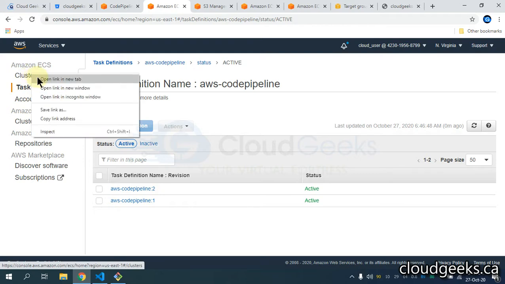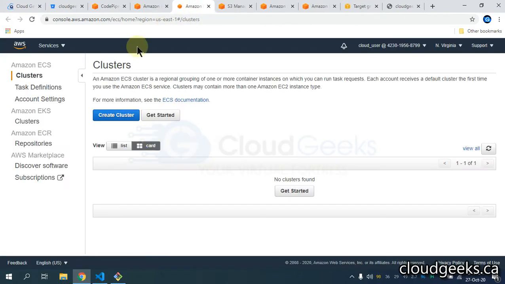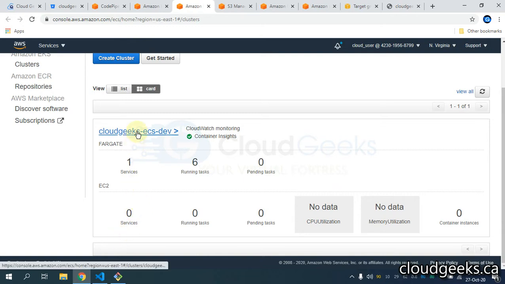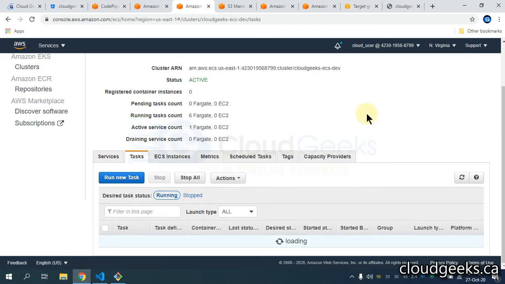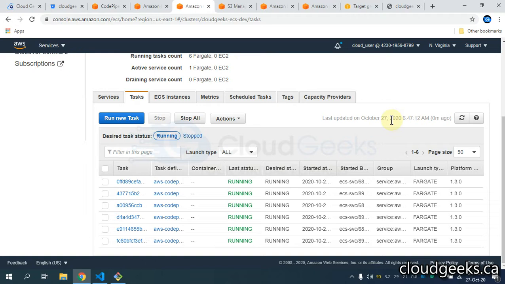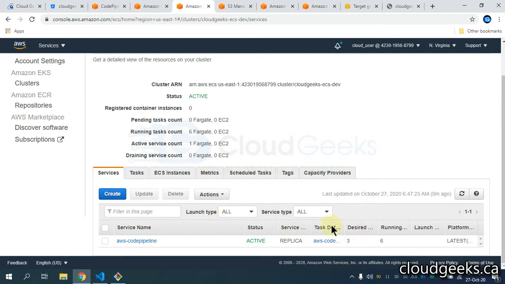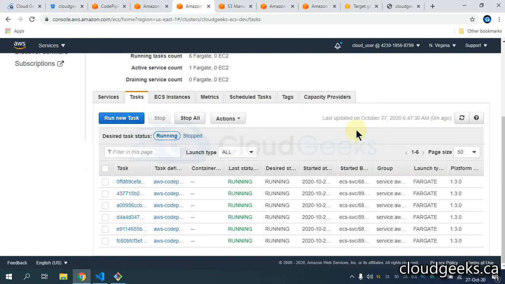And if I navigate to the cluster section, let me show you that stuff as well. You see our containers are moved from 3 to 6. So what it is actually doing is that the tasks are going to be 6. Now it is going to automatically settle according to our desired state, which is 3. But in that state we have the new revision, which is the new task definition, and the service is going to be automatically updated.